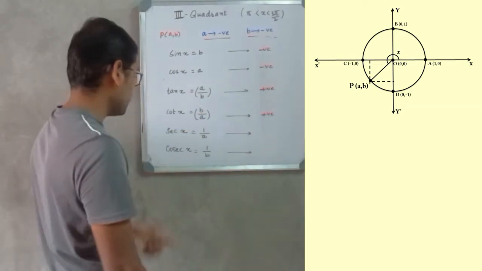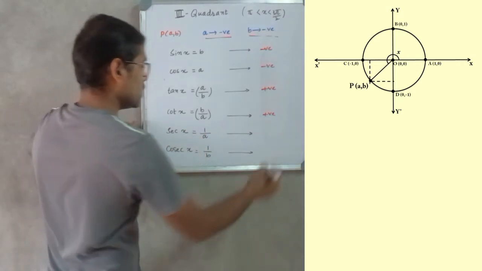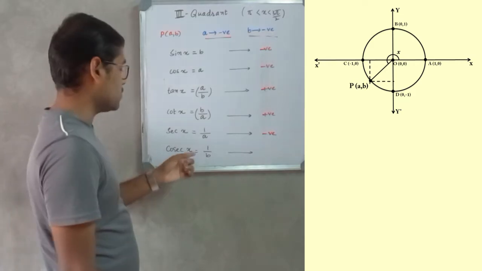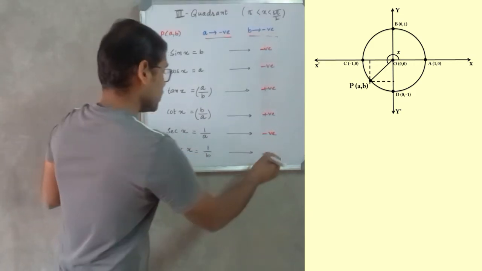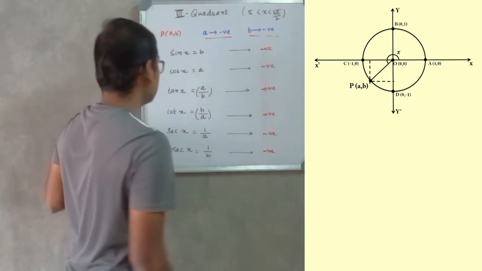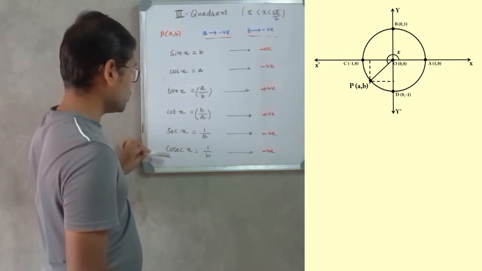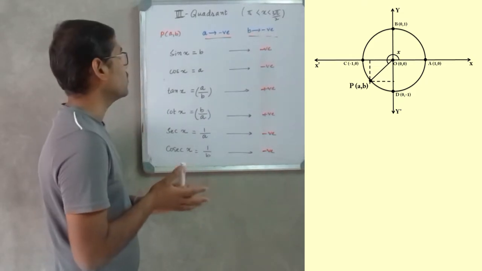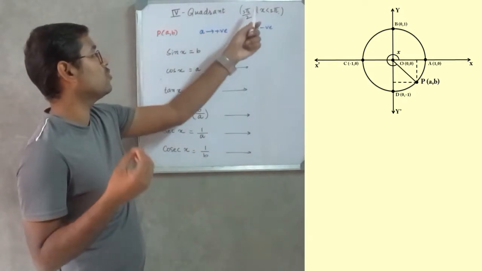Sec x, which is given by 1 by a. Here a is negative, so sec x will also be negative. What about cosec x? Cosec x is 1 by sin x, which is 1 by b. Since b is negative here, cosec x will also be negative in the third quadrant. So in the third quadrant, sin, cos, sec, cosec are negative and tan and cot are positive. Guys, finally in the fourth quadrant, we have the value of x which lies between 3 pi by 2